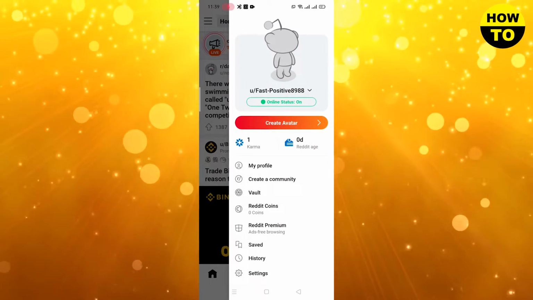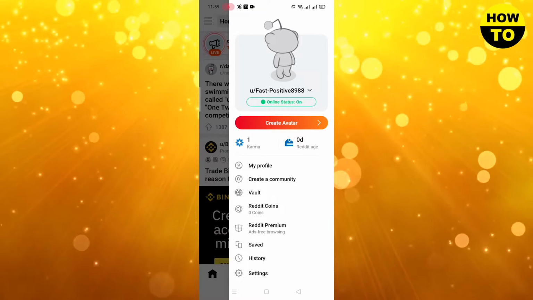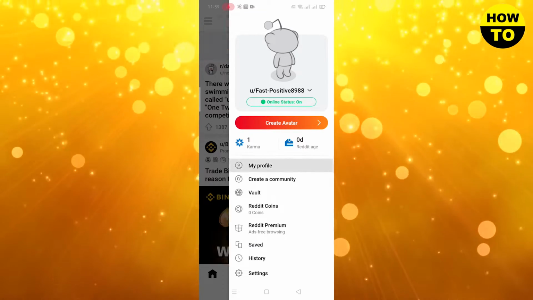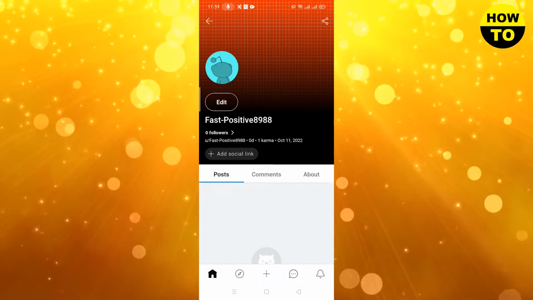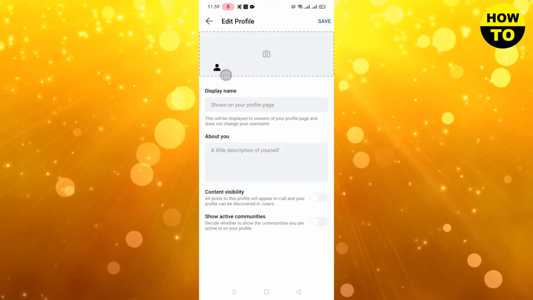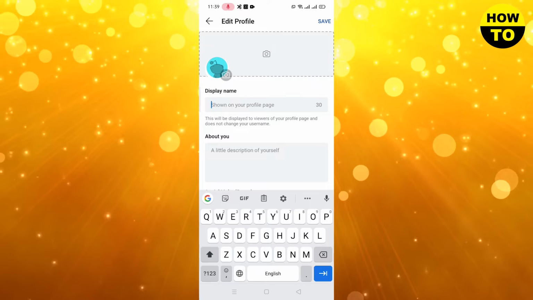Just click here. Now here you can see there are multiple options available here, but what we need to do, just click on my profile. So when you click on my profile, here you can see the edit option. So simply click here. So here you can type your display name,